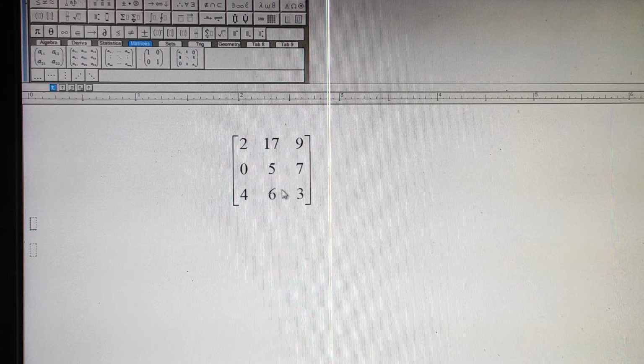And what is this element? That means it is third row and second column. The element of third row and second column is 6. The first condition is that in ijth, i represents the number of the row and j represents the number of the column. Clear? So how to extract this element, that means the element of second row and third column, or the element of first row and second column, like this.